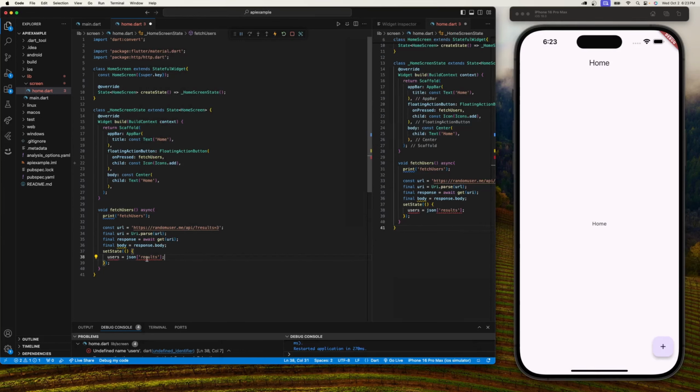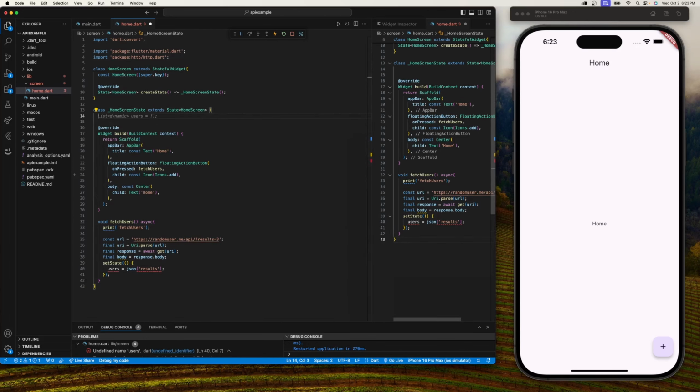And what we're going to be doing here is, because we're storing the users, we need to make a list here in our home screen. So list dynamic users of array. So we're going to store all that stuff. And in here we have results,